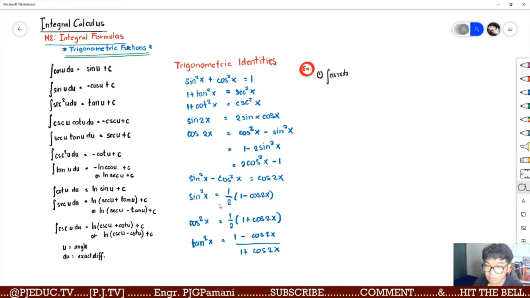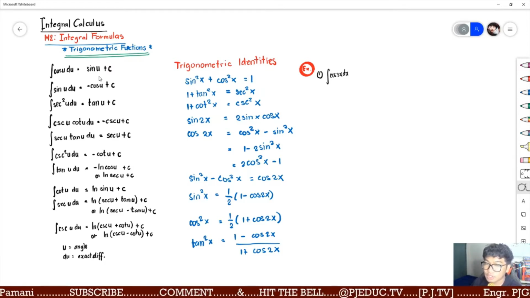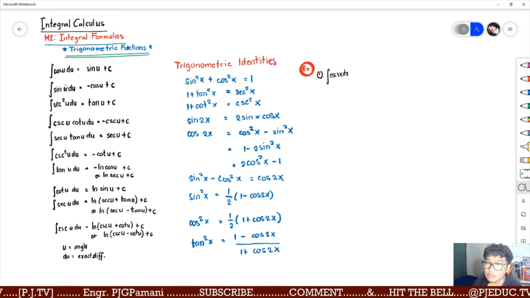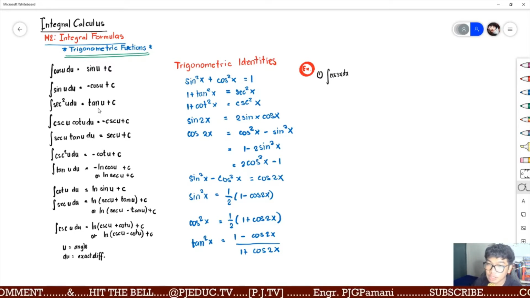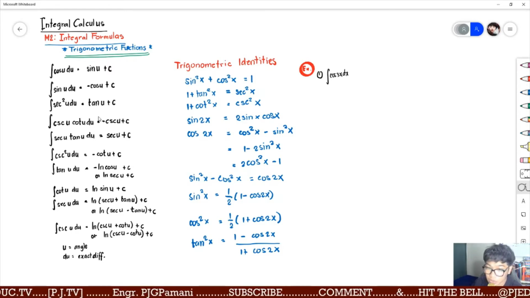transformation. Alam naman na natin that from your differential formulas, the differential of sine u is basically cosine u or cosine of a function. But in terms of integral calculus, we'll just have to inverse the process. So with this, the integral of cosine u or cosine function du is simply equal to sine u plus c. Integral of sine u is negative cosine u plus c. Secant squared is simply equal to tangent u. Then cosecant u times cotangent u du is simply equal to negative cosecant u plus c, and so forth and